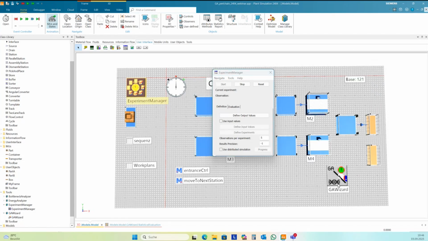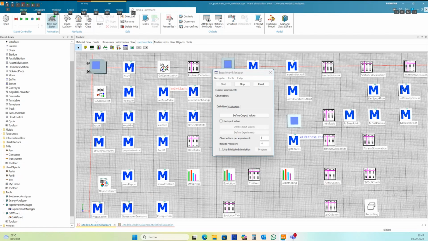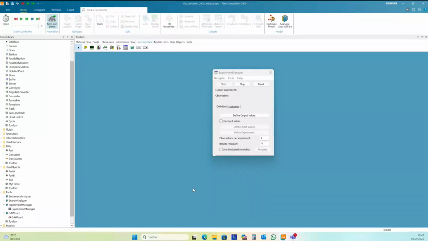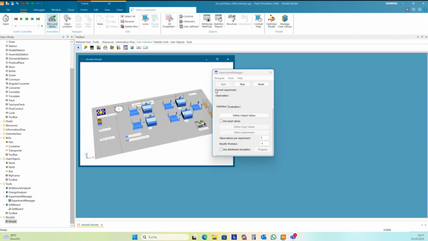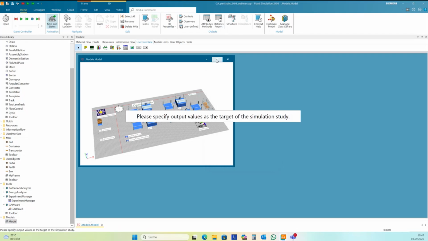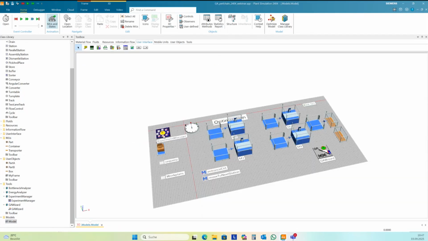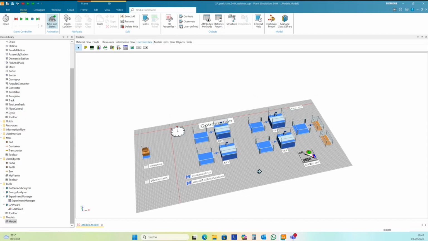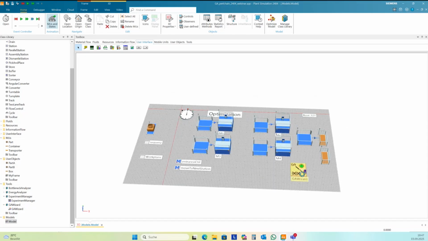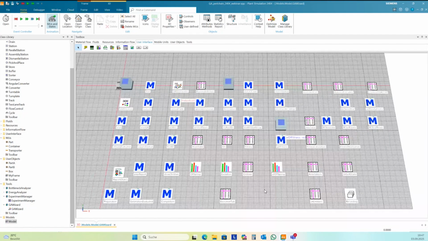You can look behind this GR-Wizard. Just hold down your Alt key and double click on the GR-Wizard. Oh, where's my method? If you are interested in the background of this GR-Wizard, then hold down your Alt key and double click the GR-Wizard, and then you see all the programming and can have a look into the programming of this GR-Wizard.